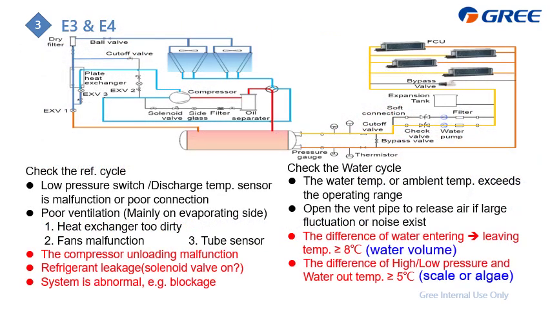And here is the detail for the E3 and E4. Even as a designer, we cannot predict which error will come out first, as the reason is that we cannot inject enough refrigerant at the compressor suction side. So it leads to either the suction pressure being too low, or the discharge temperature being too high. And I also divided it into the refrigerant cycle and the water cycle, and the checking items are similar to the previous.